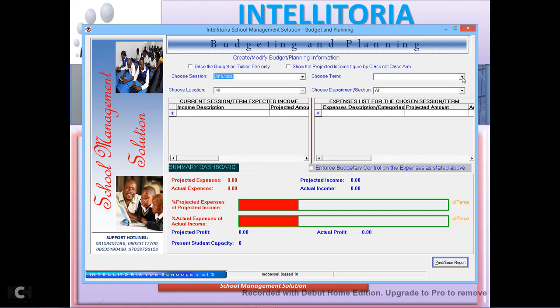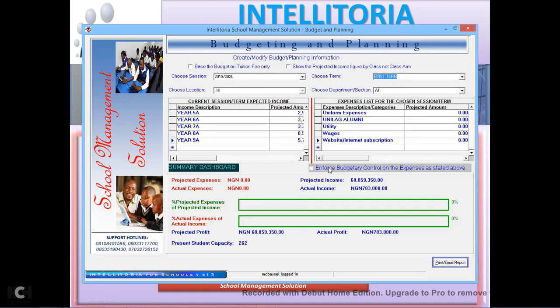I want first term, so it gives me the projected income there, 68,859,350. As you see, that figure is based on the class by class projected revenue to get